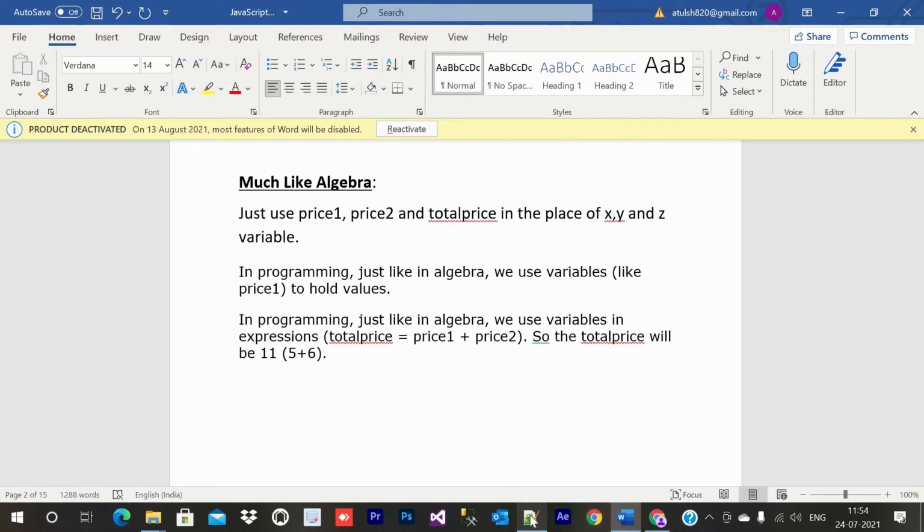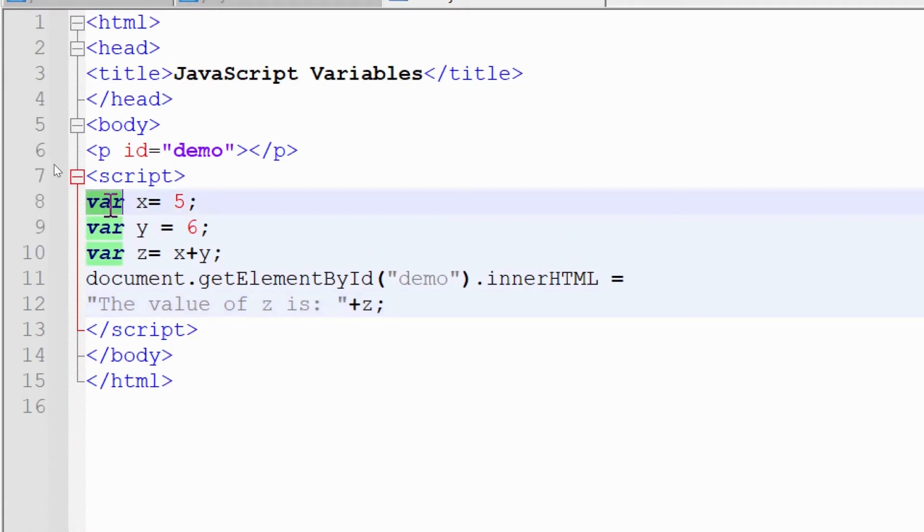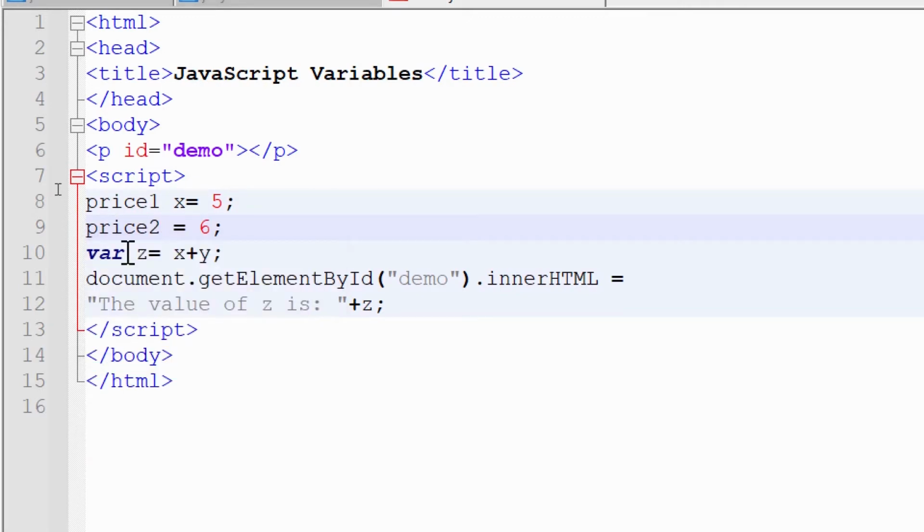Okay, so let me just show you that example also. This is not a big deal. I will just write here price1, and here I will write price2, and here I will write total price.